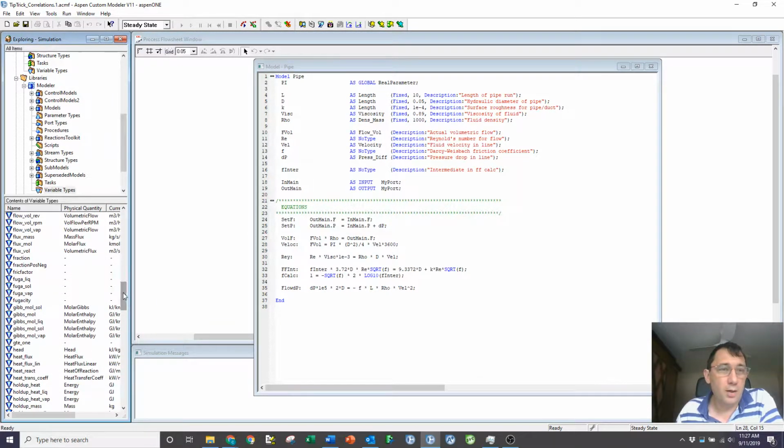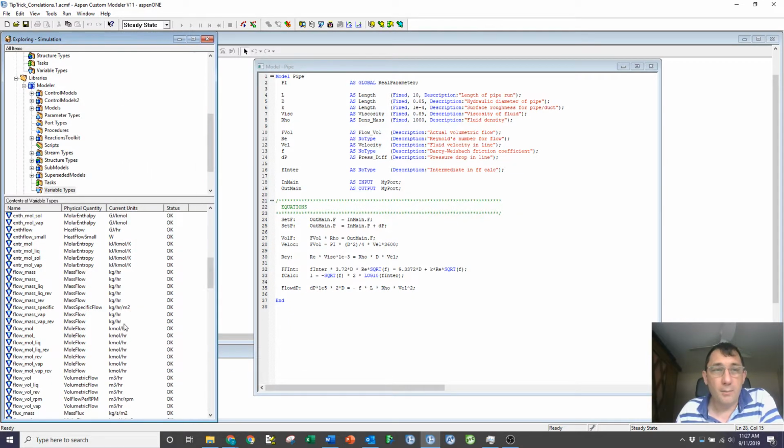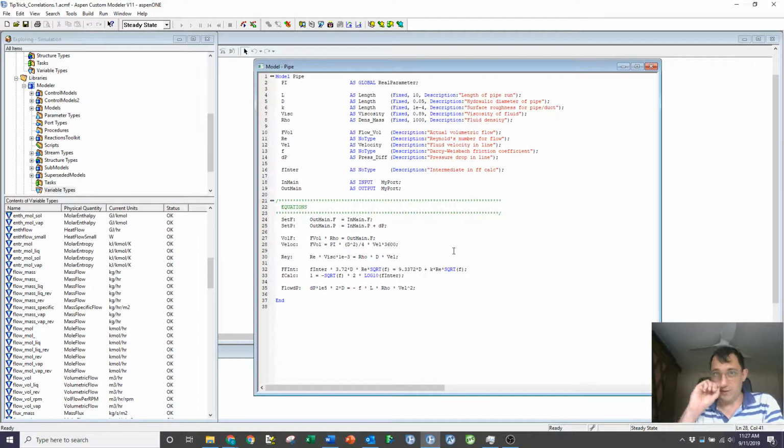And so my velocity is determined in terms of meters a second, so I've got meters cubed per hour, meters per second, so I've got to multiply through by 3600, the number of seconds in an hour. Similarly, for my Reynolds number, viscosity is defined in terms of centipoise rather than Newton meters squared. Regardless, I need to multiply through by 10 to the minus 3 to get my Reynolds number to work out, and again, avoid divide by 0.